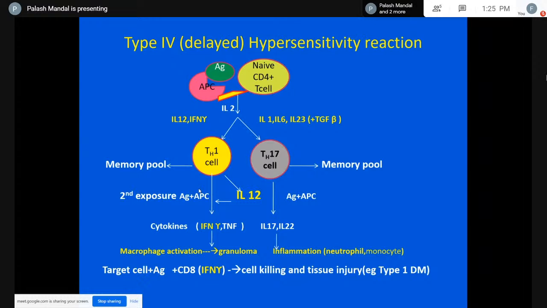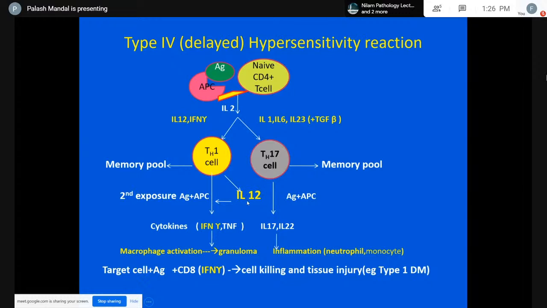Now during second exposure, the reaction becomes intense. So that leads to liberation, in case of TH1, of interleukin 12. So please remember these names. Interleukin 12 was acting here also. So now TH1 is also leading to